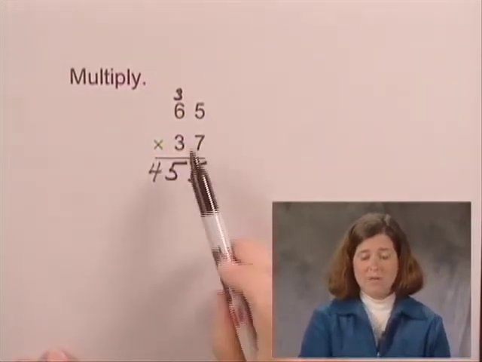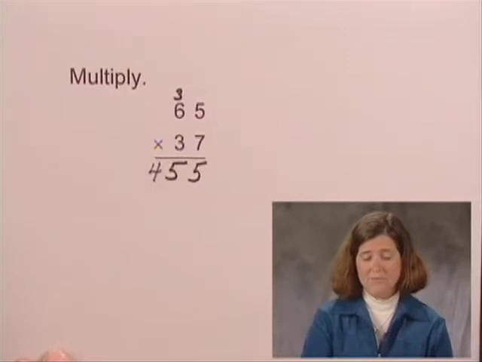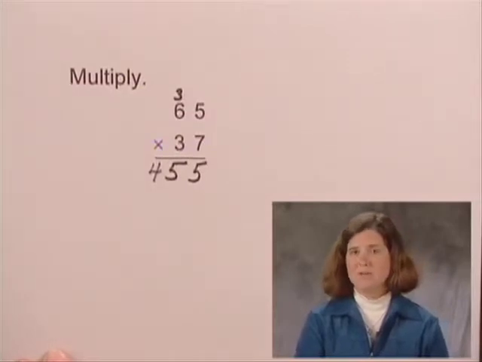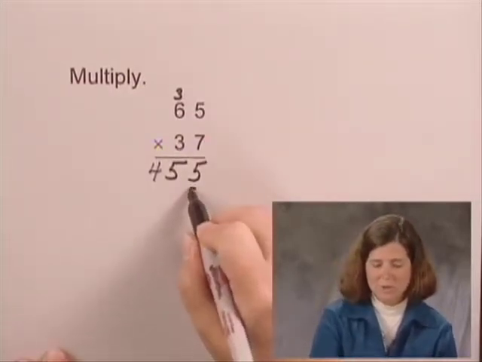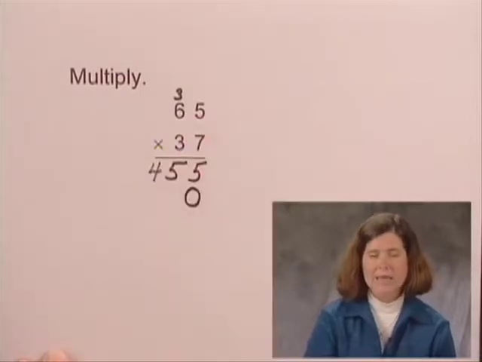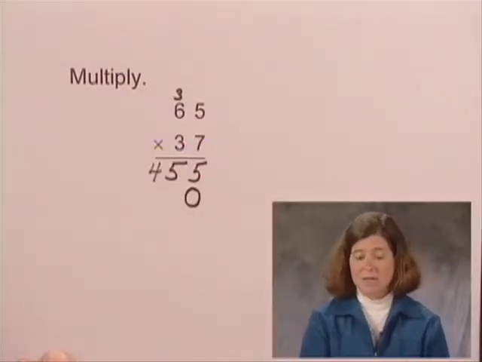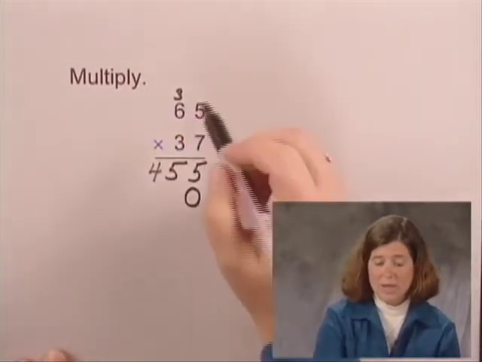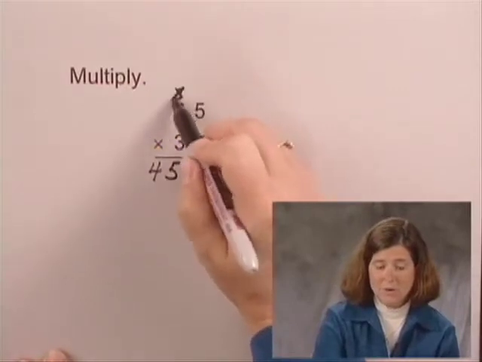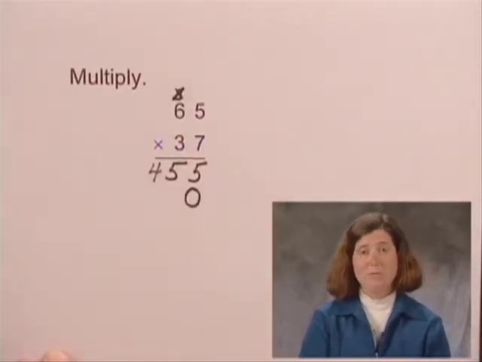Now we multiply 30 times 65. In order to do this, think of 30 as 3 tens. Write a 0 to show we're multiplying by tens, and then multiply 65 times 3. In order to not get confused, I will cross off the 3 that I used above, and now multiply 65